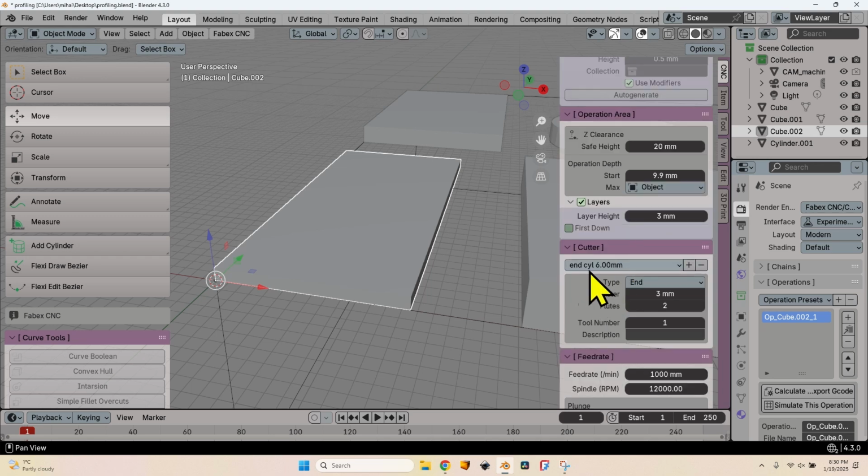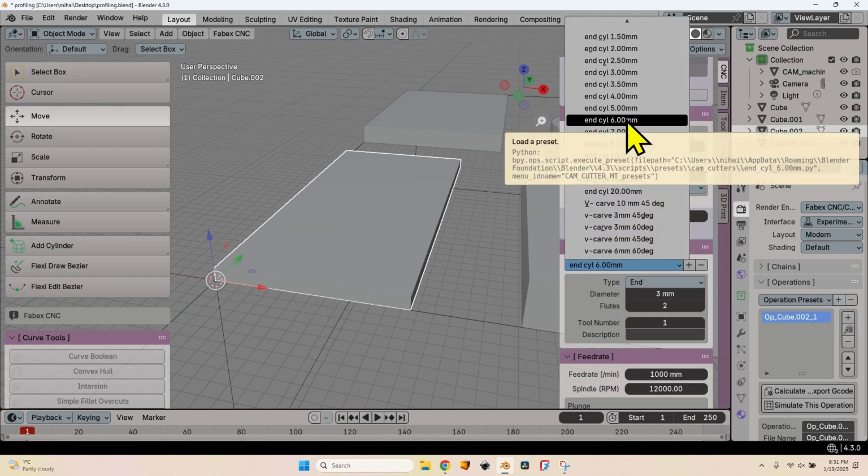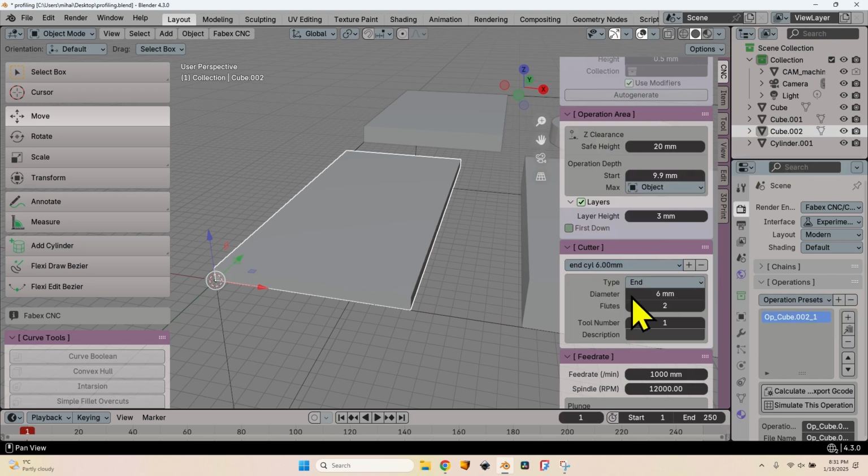Here at the cutter you can see I have already selected the end cylinder 6 millimeters tool bit, which would be great. I can just go on and continue with the operation, but if I double check here, I have a set diameter of 3 millimeters. This is definitely not what I want. I can either change the diameter from here or select again the 6 millimeters end mill from the list